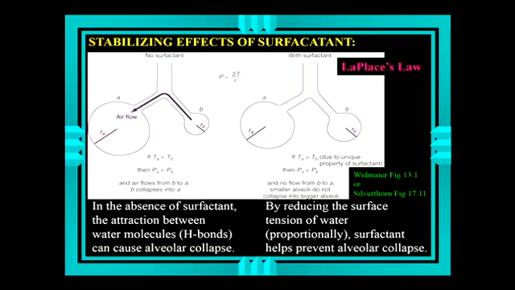Surfactant has another very important role, and this comes down to somebody called Laplace, which is now Laplace's law, which relates pressure to tension and size. Now, the law itself is fairly simple. The relevance of it is a little more complicated, but we'll go through it quickly. This is the other reason we have surfactant. Other than weakening the water bonds, allowing us to inflate our alveoli,